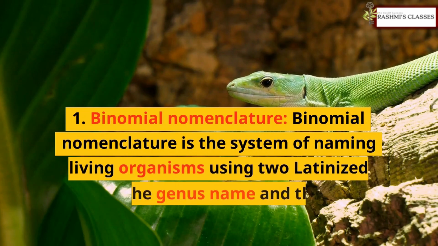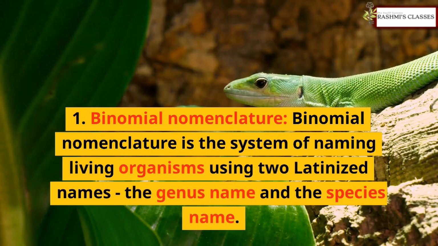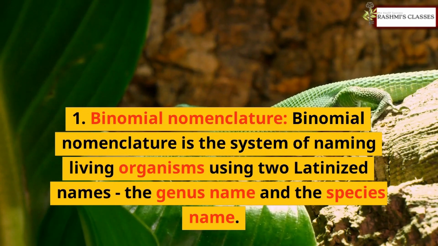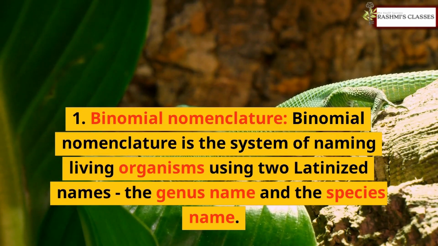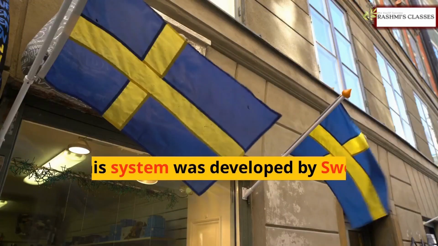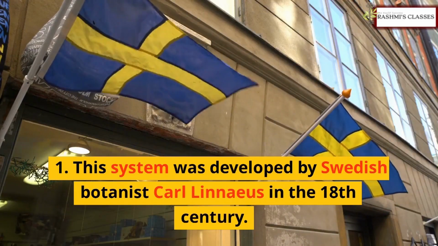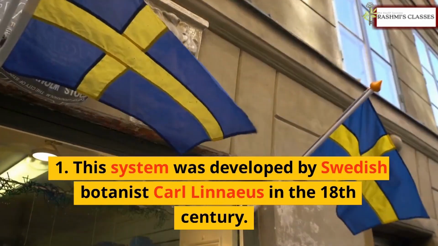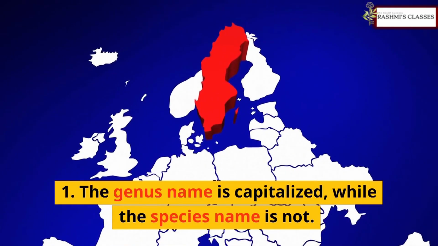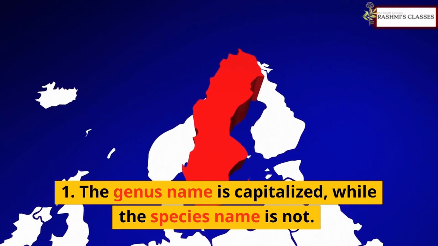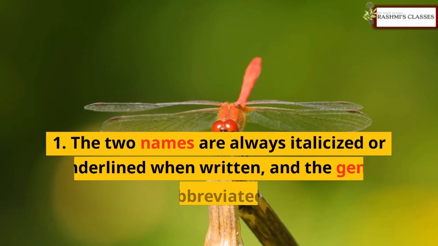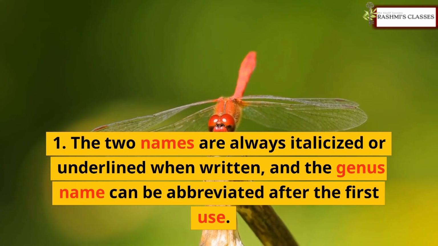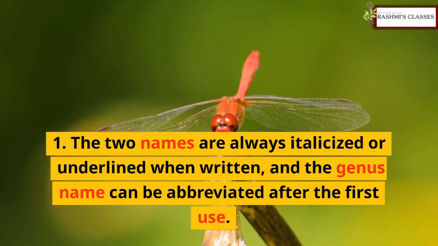2. Binomial nomenclature. Binomial nomenclature is the system of naming living organisms using two Latinized names, the genus name and the species name. This system was developed by Swedish botanist Carl Linnaeus in the 18th century. The genus name is capitalized, while the species name is not. The two names are always italicized or underlined when written, and the genus name can be abbreviated after the